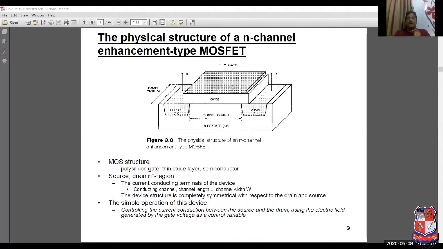So how will it take place? You need to start applying some positive voltage. As soon as you start applying the positive voltage, what will happen? The majority charge carriers of the substrate will go down, and minority charge carriers will start to be collected at the oxide-substrate interface. And whenever the bulk potential equals the surface potential, but the surface potential is exactly opposite to the bulk potential of the substrate region, then at the boundary this region will start acting as an n-type material and the channel will be created. That is the basic case of how the channel is created.